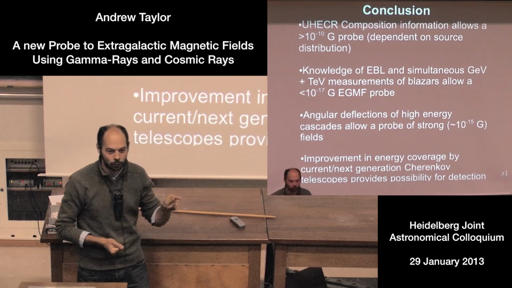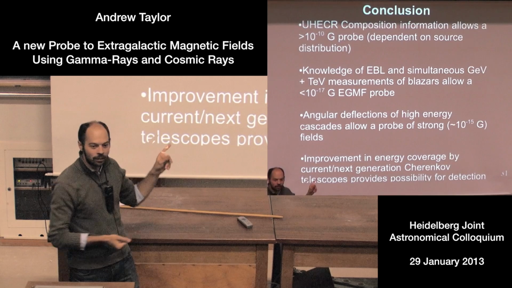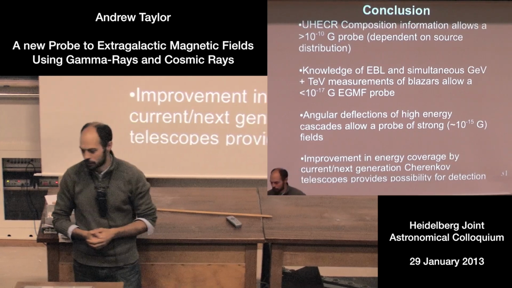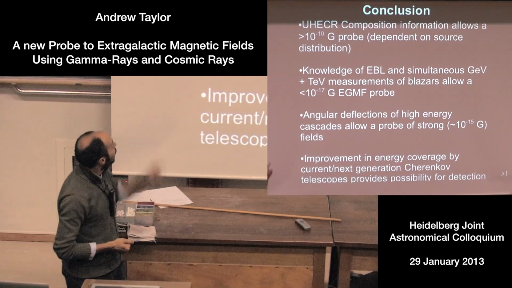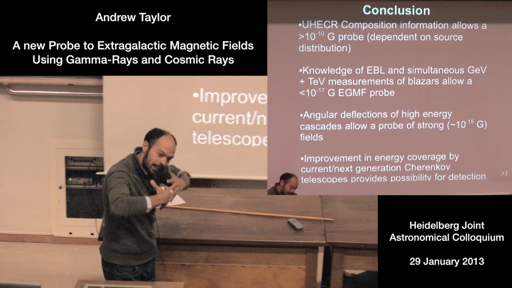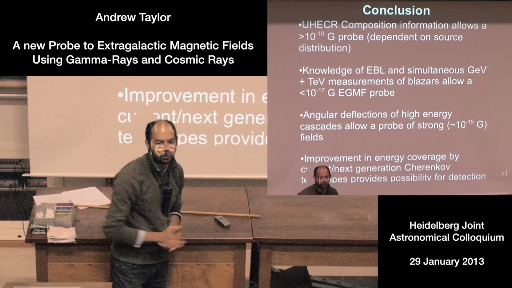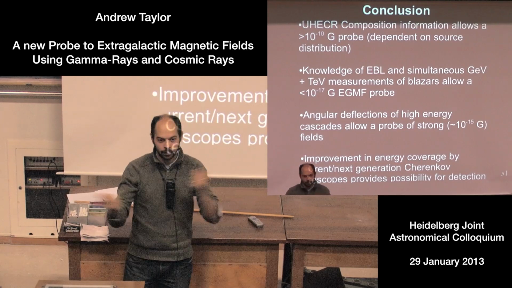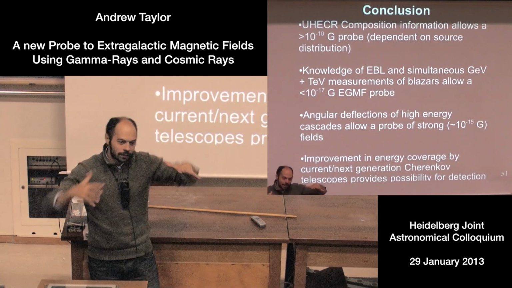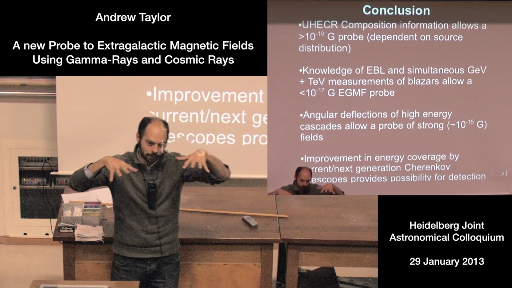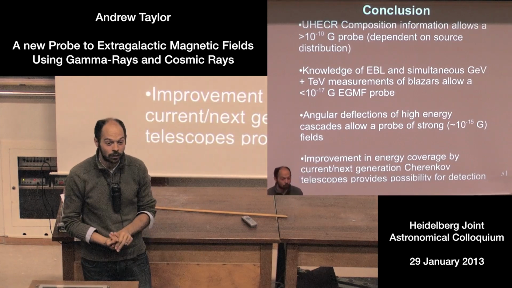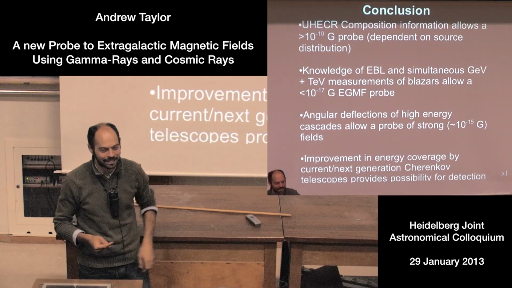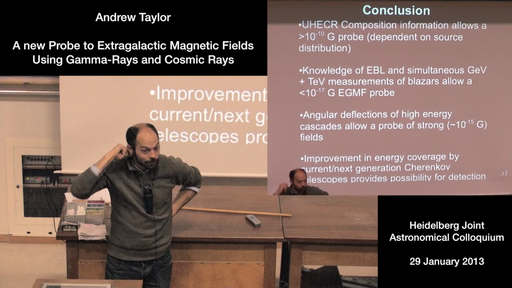The caveat with those is that, if you remember, a blazar gets so bright because of the Lorentz boosting in the forward direction. And my beam-broadened cascades continue to be bright because the energy flux is moving in the forward direction. Whereas if the magnetic field is too strong and the electrons start to emit isotropically, then that component can come down. It's harder to see. So how things change as you increase the magnetic field is a little bit difficult. That's the point I'm trying to make.